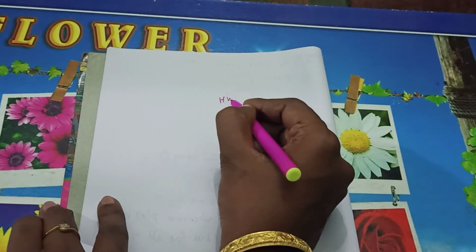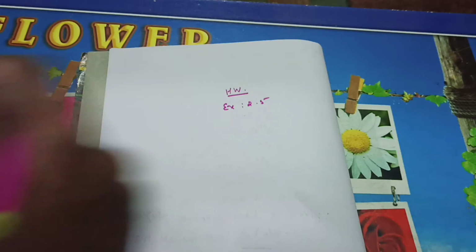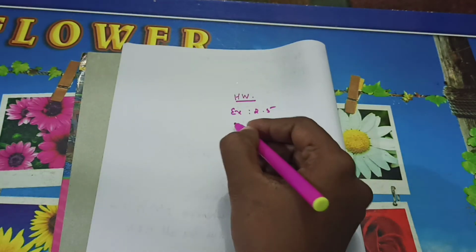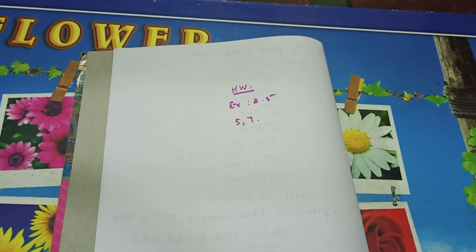Okay, so all of you take down your books. Note down the homework first. Take down your book, Exercise 2.5. Homework is problem number 5 and problem number 7. Today we have completed multiples of 7, one problem we did, so the same model applies to problems 5 and 7. In the fifth problem, you need to prove that 3 power 2n minus 1 is divisible by 8. In the seventh problem, you need to prove that 5 power 2n minus 1 is divisible by 24. Everything is the same model.